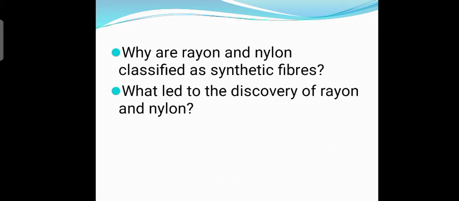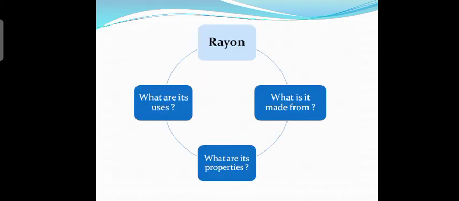Now students, today we will read about what rayon and nylon are made from and learn about their unique properties and uses. And for doing this, you have to draw this graphic organizer in your copy. You have to read the section on rayon from the Exceed content book and the section on nylon from the Exceed content book. After that, try to answer these questions which are given in the graphic organizer. For doing this, you can pause your video.